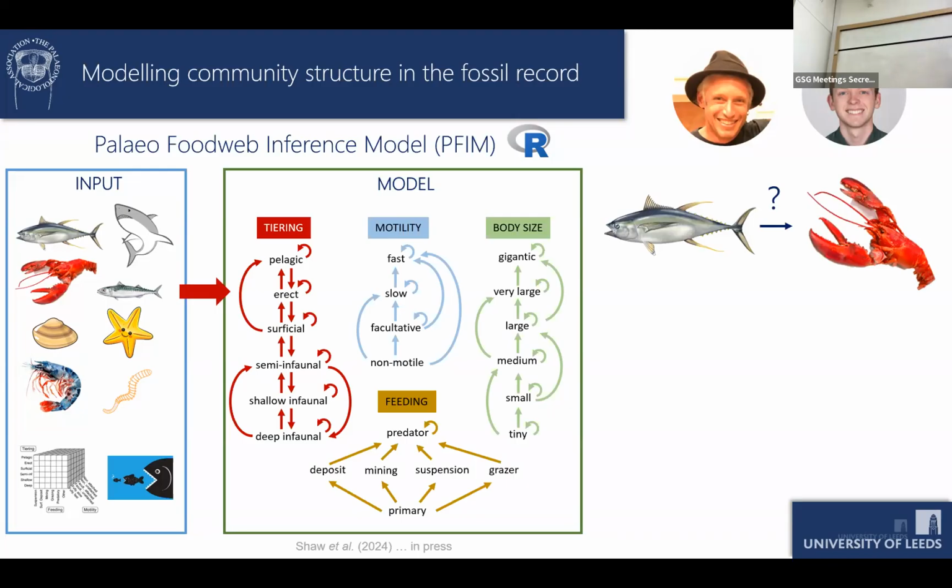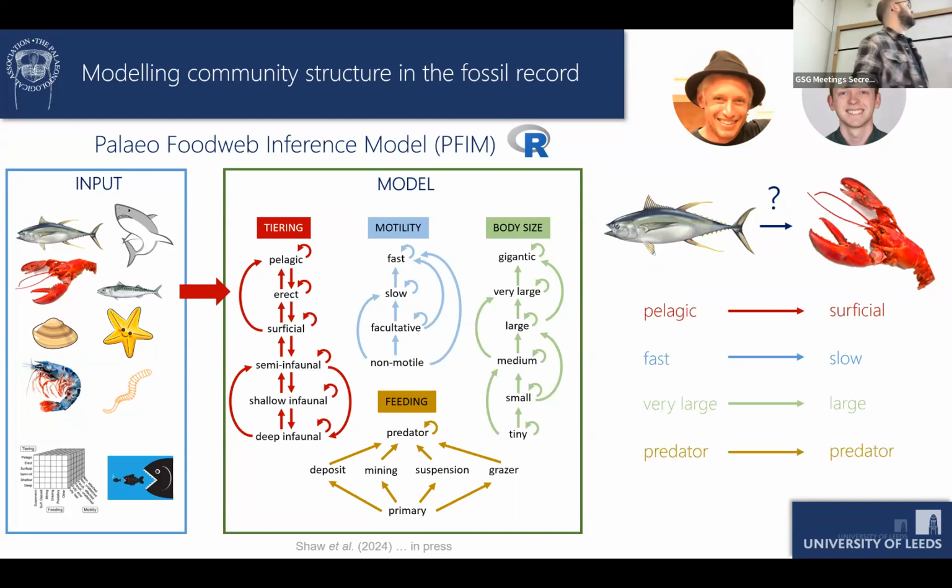In trophic ecology, the arrow denotes the flow of energy. So in this case, we're going to ask, can the lobster eat the tuna? Their traits: tuna is pelagic, lobster is superficial, lives on the seabed. Tuna is very fast, while the lobster is pretty slow, just crawls about. The tuna is very large, a big fish. The lobster is pretty big, as big as benthic predators probably get, but it's not as big as the tuna,